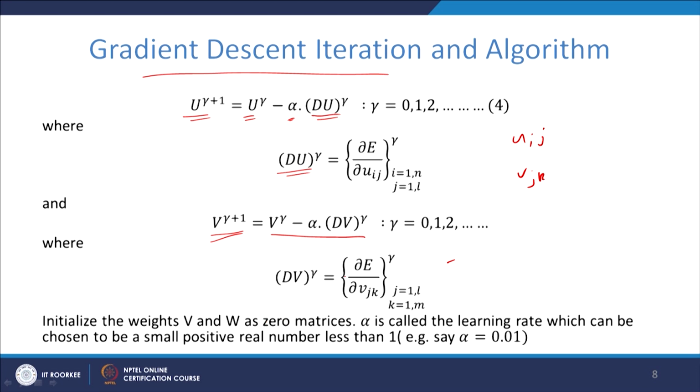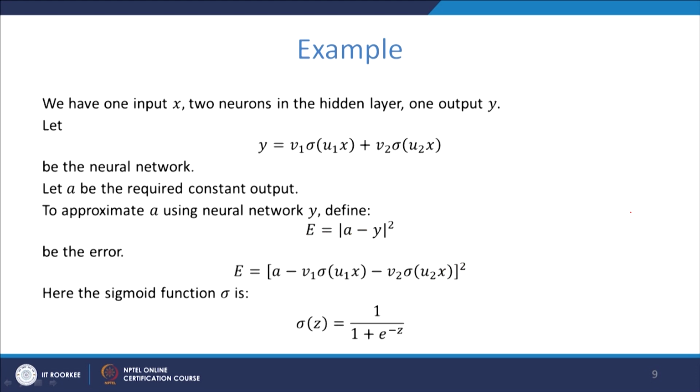Initializing the weights, that is U_0 at the initial step, we take the zero matrix as the initialization in this algorithm. Then from that we can get one by one, and finally as r tends to infinity, this will converge to a suitable weight which is required. So, that is the standard procedure of the artificial neural network.